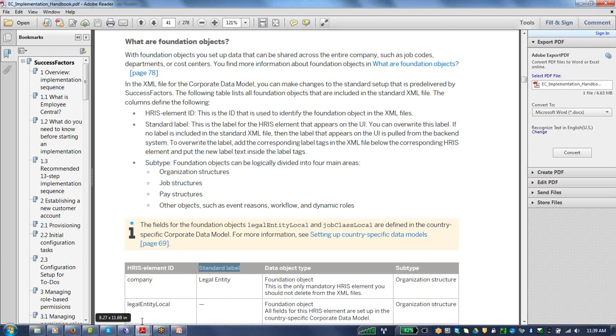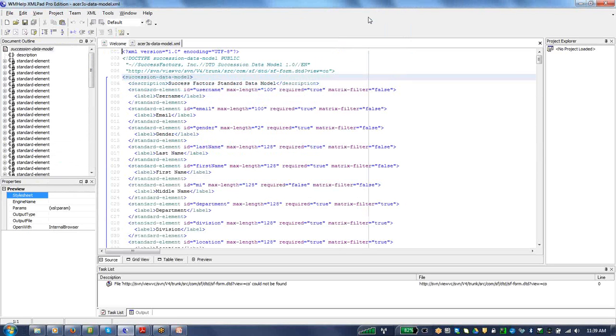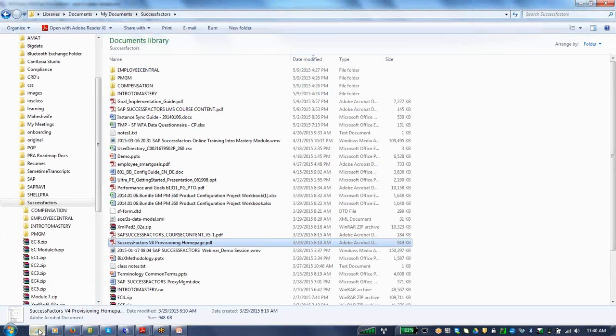So what I've done is I opened this in something called XML Pad. Everybody should install this XML Pad. You can download it, go to Google or any software downloading site, and you should install something called XML Pad Pro version. It's free. You can download it. And all these data models have been uploaded to the SharePoint version. Basically it comes with an XML file. Where is that at? It's Employee Central